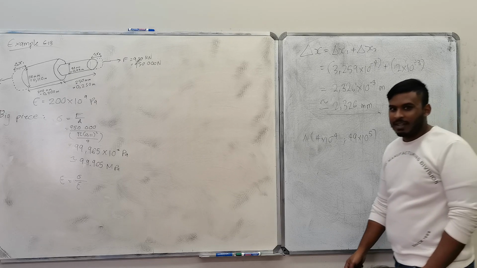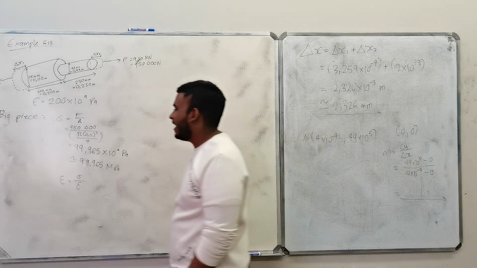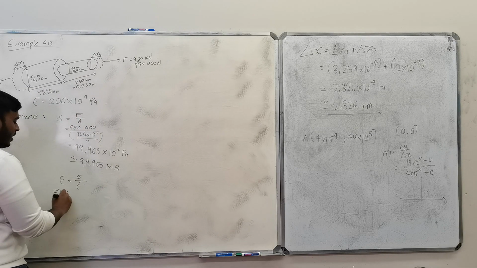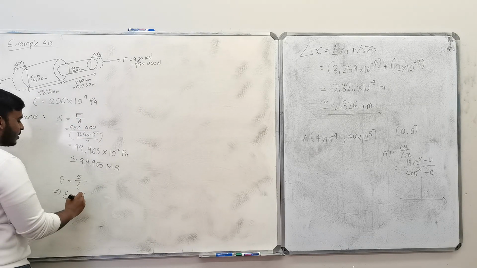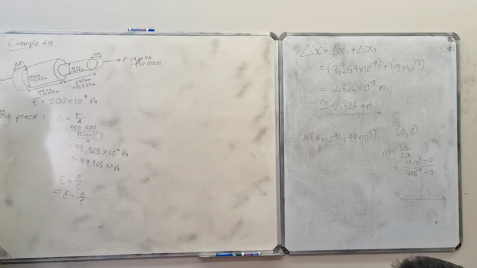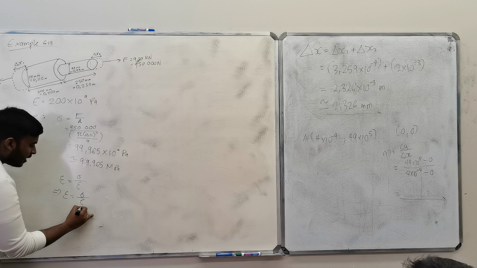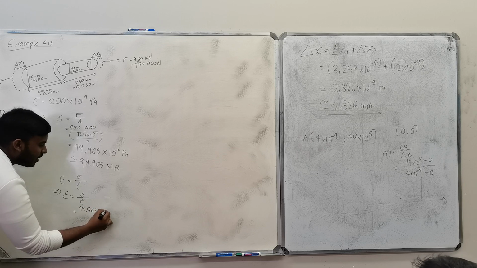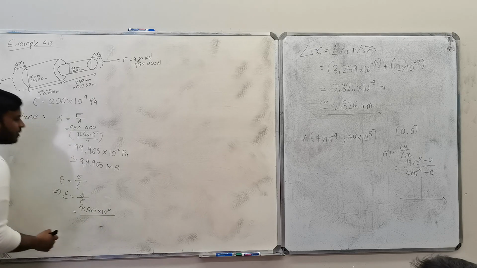Okay. So, using this, I'm going to work on my strain, which is equal to stress over Young's modulus. So, this would be 99.965 times 10 to the 6 over